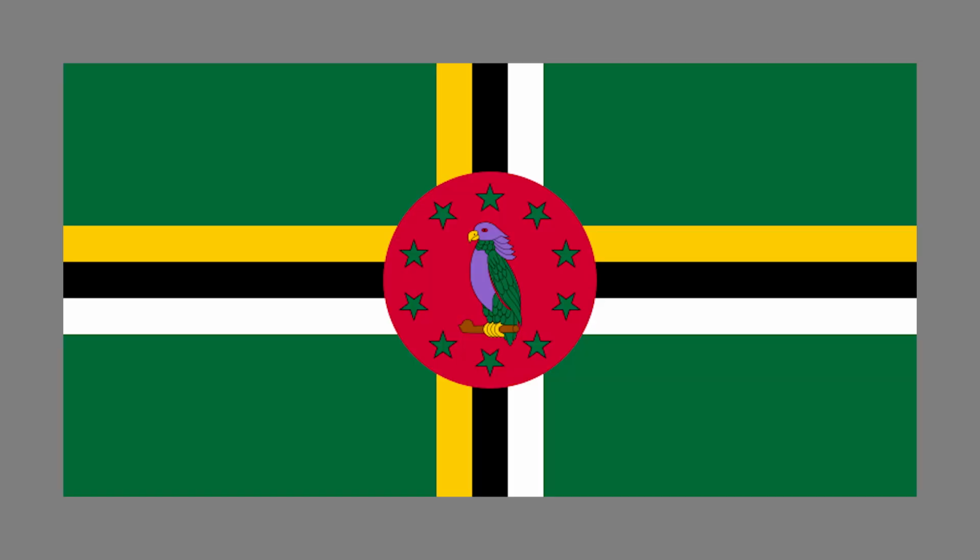Number 202. Tonga's flag is similar to Samoa's, but I think the plus looks a little less out of place, so it's a bit higher. Number 201. Nigeria has a similar flag to Peru, but I do think the green is a bit better and more unique. Number 200. Reaching the top 200, we have Dominica, which in my opinion, the yellow and black and